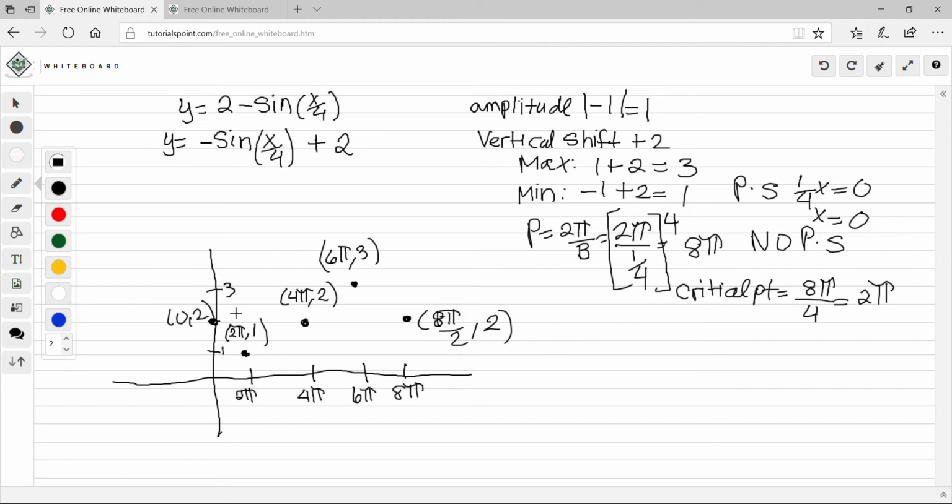So it should look something like that. And our range is from 1 to 3. So that's it. And then our last problem for our sine graph, so I'm going to erase it,